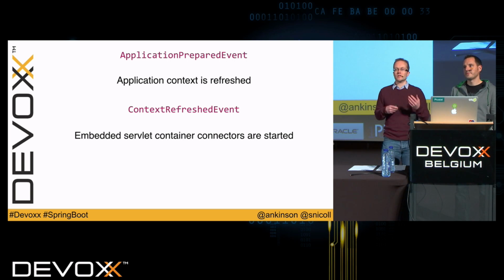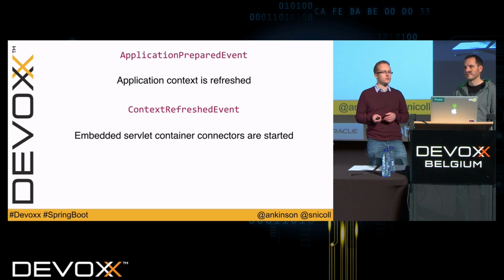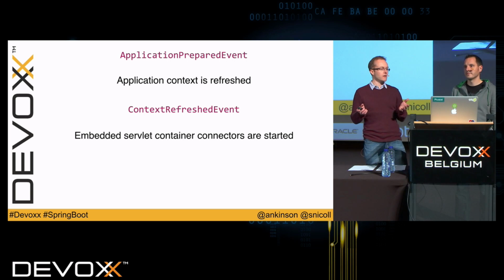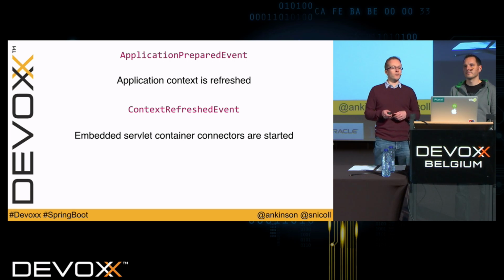There's an interesting subtlety to the application startup that I think is worth talking about a little bit more. When you're running Spring Boot with an embedded container, as we recommend, the container is basically a bean in the context, and it's started up as part of all of the beans in the context being started up. But we deliberately don't start the connectors for the container as part of its bean actually being started. The reason for that is that we want to know that the application context is completely up and running and refresh was successful and everything is in a good, well-known state before we start accepting HTTP requests,